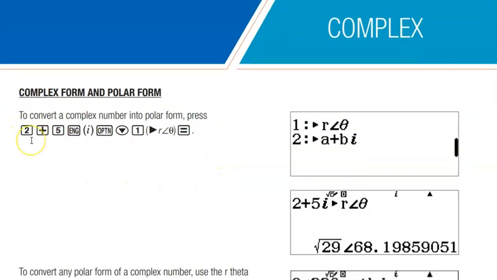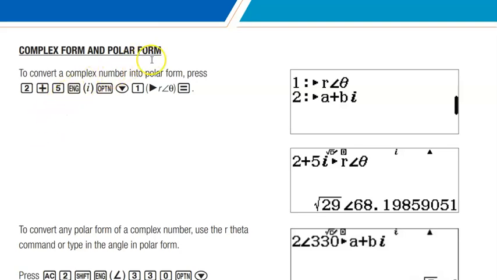Then there is another one. How do you convert between the complex form and the polar form? Before you do that, you have to be in the complex mode, which means the i should appear on top of your calculator. Let's say I've got the number 2 plus 5i, and I want to convert this into polar form. To do that, I will type 2, then plus, then 5, then the ENG button, and then I click on option. When I click on option,